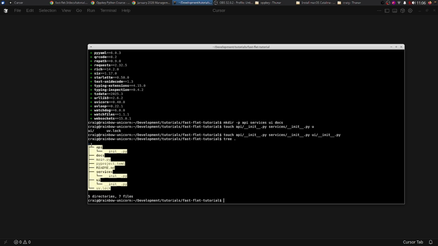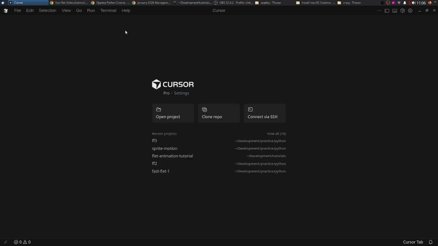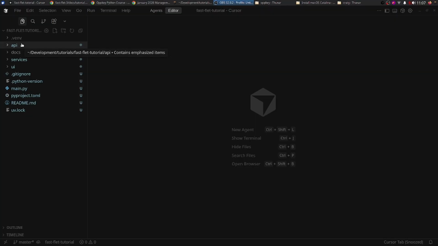The current file structure here, I'm going to open it up and we're going to start working on the API